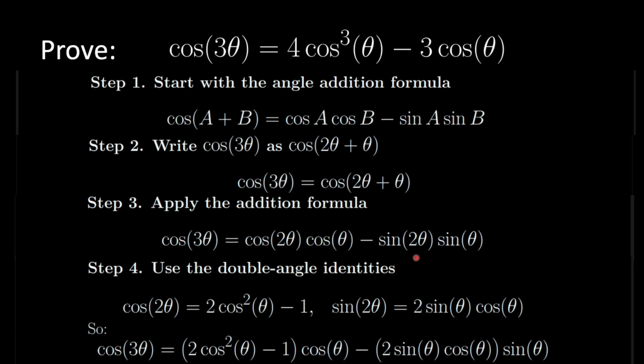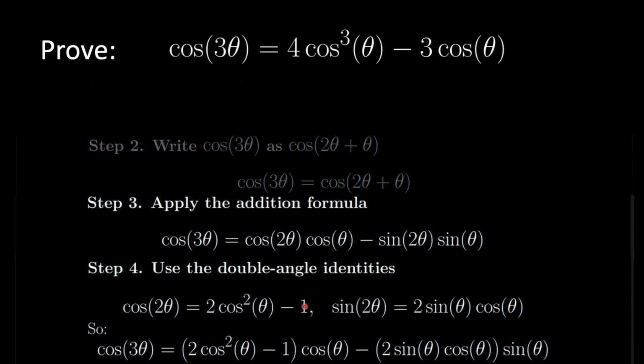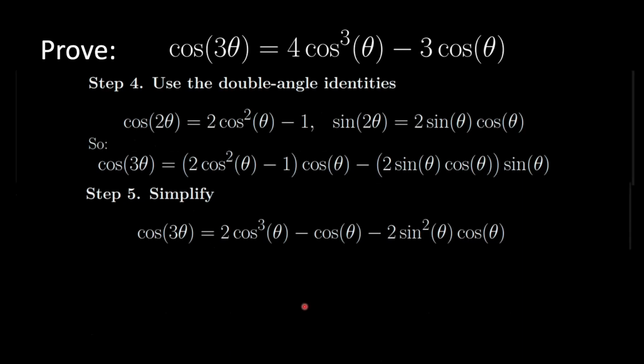However, we can still see that we have 2 thetas in this equation, these double angles that we want to be able to reduce further into single angles. This is where we can use the double angle identities for sine and cosine to reduce these terms. Once plugging in the double angle identities to their respective positions and simplifying, we can see that we now have a new equation for cosine that's expressed only in terms of single angles.